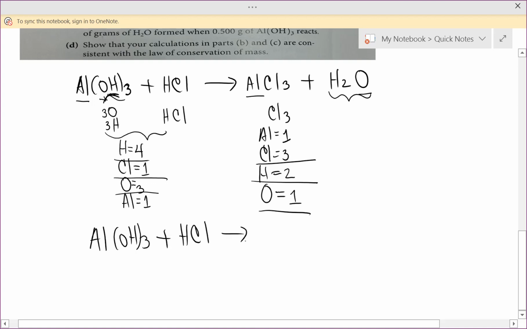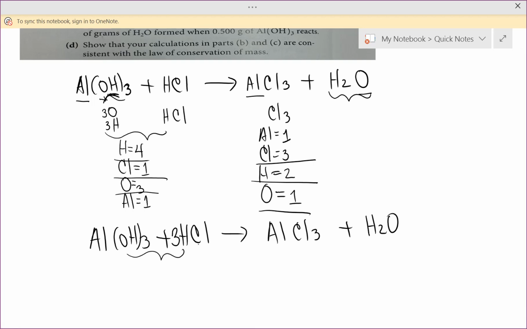HCl, AlCl3 plus H2O. If we put a number 3 on here, so now we have 6 hydrogens in total on the reactant side, and then if we put a 3 on here to balance the hydrogens, that's suppose that we have